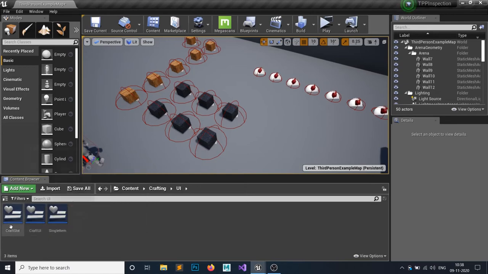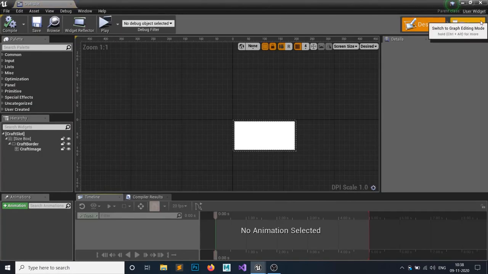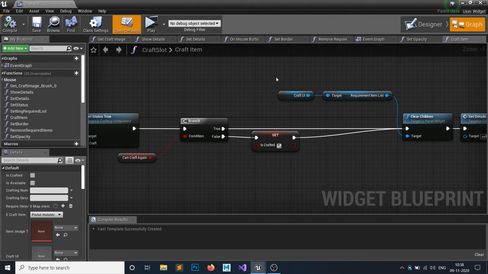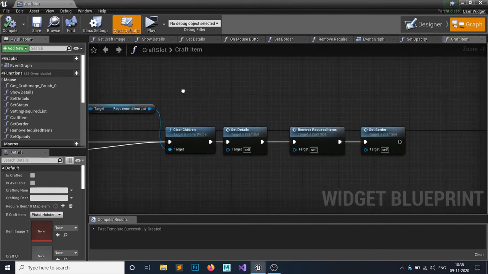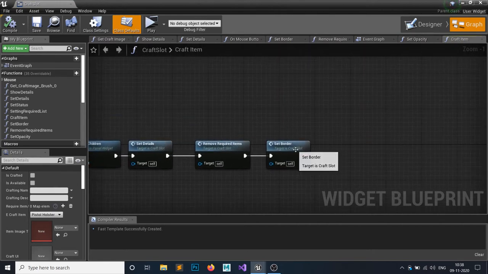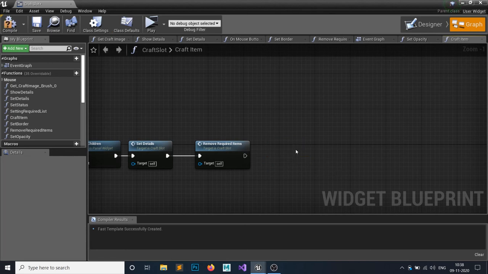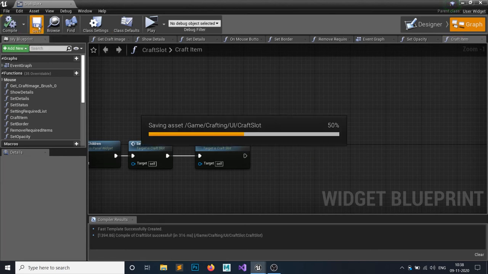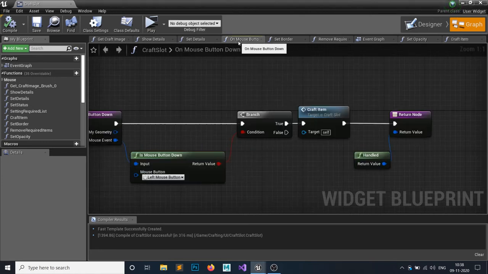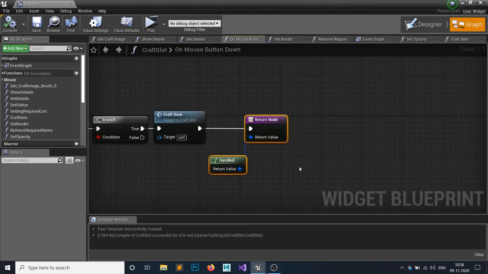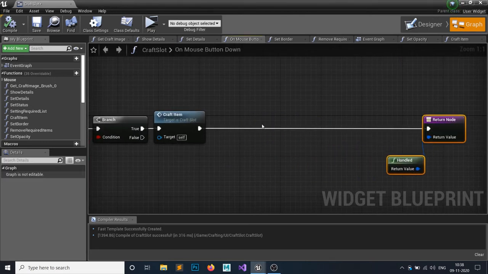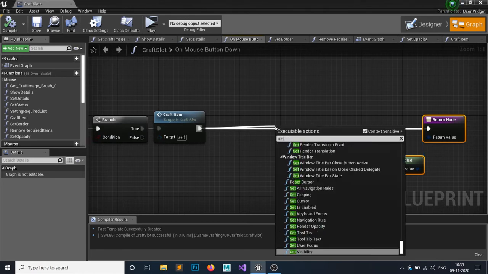So on the craft slots, when we're crafting the items, we are setting the border. Actually, delete this set border, and we want to set the border when we click the mouse button. So when we click the mouse button, I want to set border.